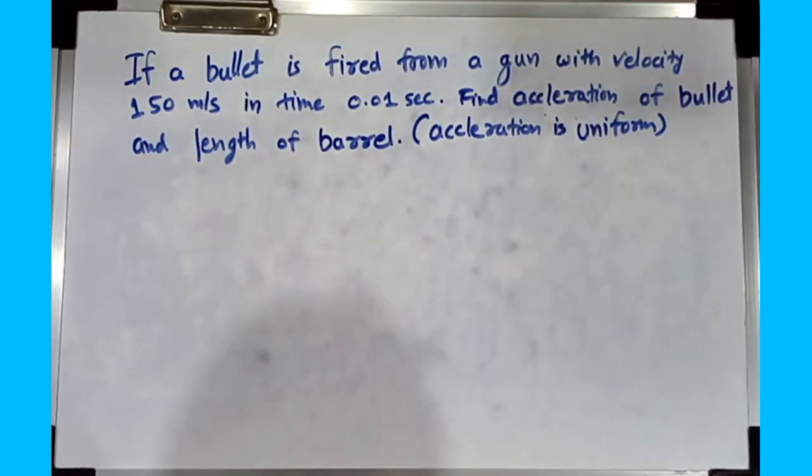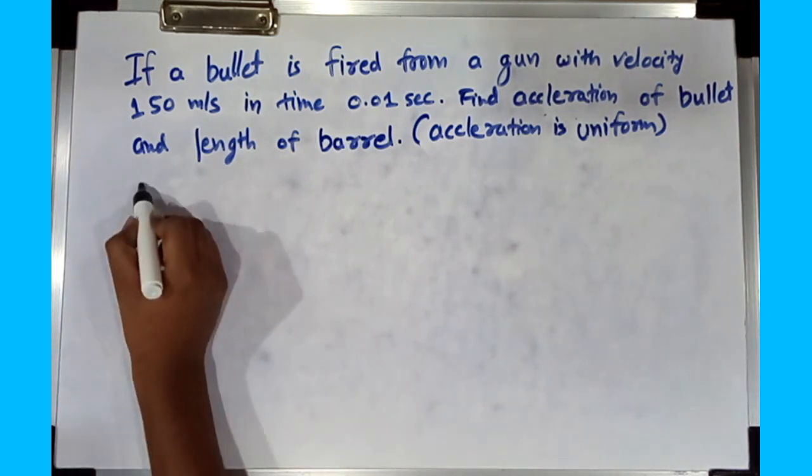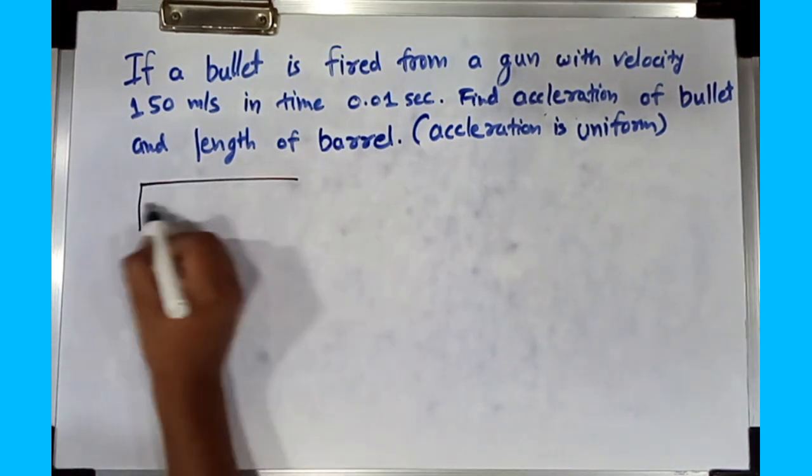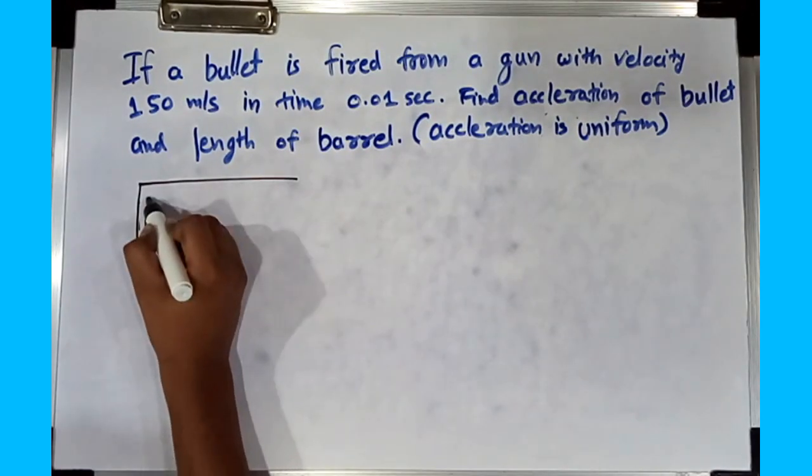So, hey guys, today's question is, if a bullet is fired from a gun with velocity 150 meters per second in time 0.01 second, find the acceleration of the bullet and the length of the barrel, considering acceleration is uniform. So in this example we have a gun which must be like this, and